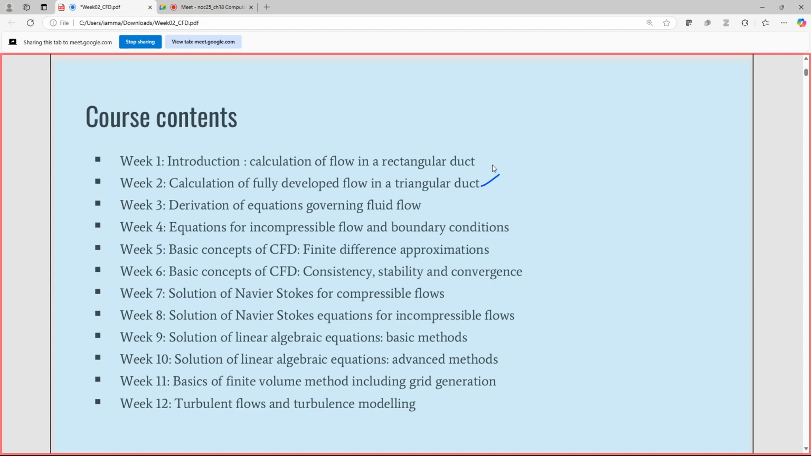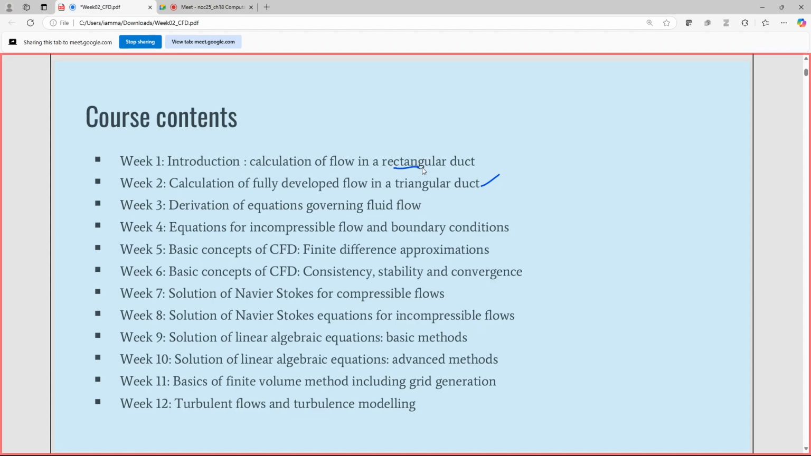Here, a fully developed flow through a triangular duct. In the first week, we discussed a rectangular duct in the lecture videos, where it was comparatively easy to discretize the fluid flow region or fluid flow domain. But we know that CFD is not related only to very defined or rectangular regions. So to show you how the calculation can be done for other kinds of domains, if it is not conforming to the rectangular coordinates,